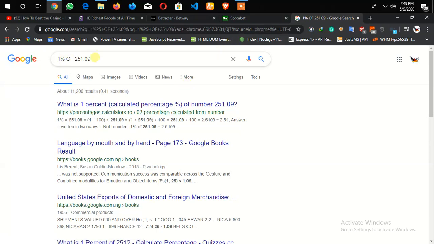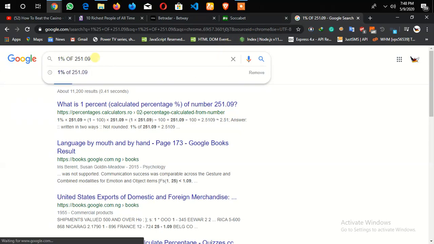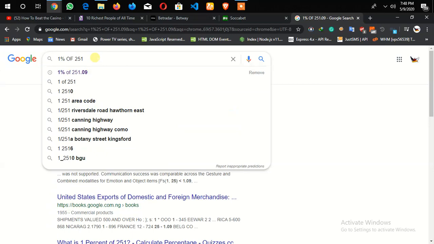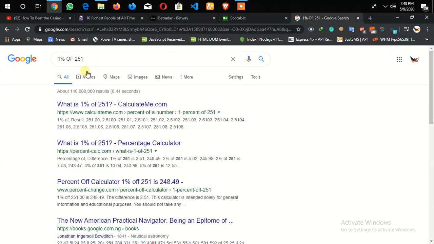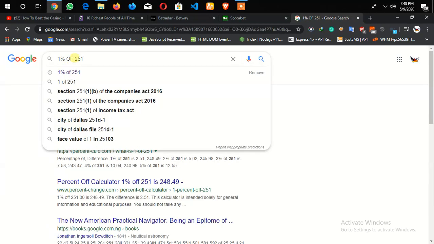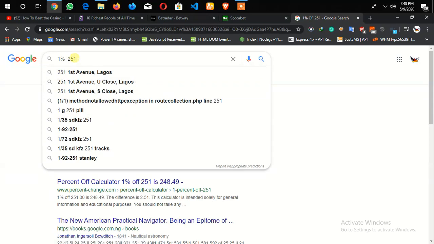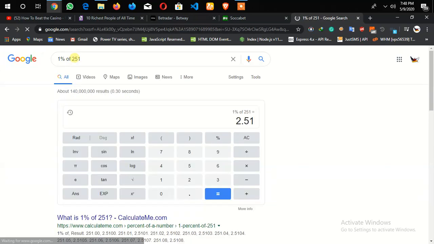Google will simply do the mathematics, but I will advise you remove the decimals and just use only 1. Now I think there's a mistake because we have OF in capital letters, so let's use it in small letters. Don't use it in big letters. So 1% of this is 2.51.